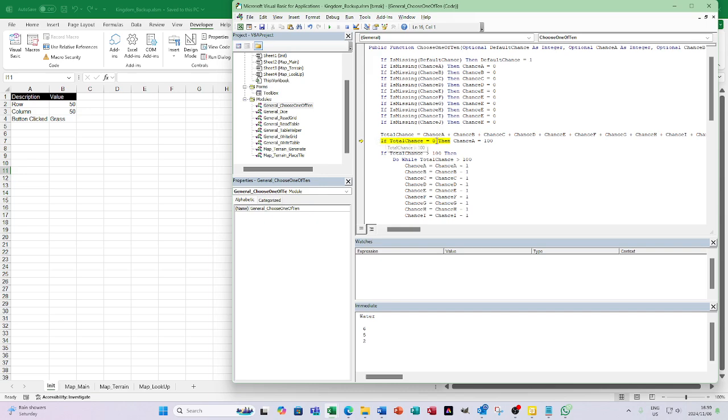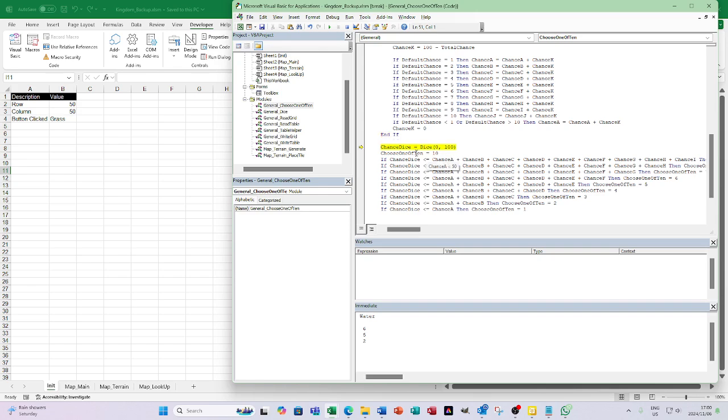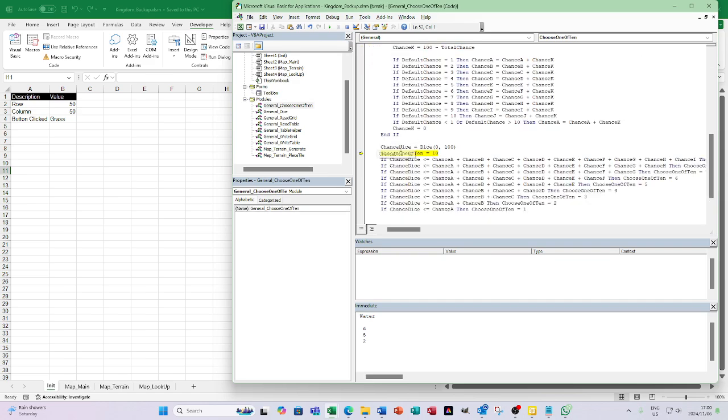If total chance equals 0, so it's not 0, because we want to force it to be 0. So if you haven't given any chance options, then it must be 0. And then we're going to say if total chance is greater than 100, and it is not. If total chance is less than 100, it is not. It is exactly 100. So now it's going to throw the dice, and it steps through that function, and it